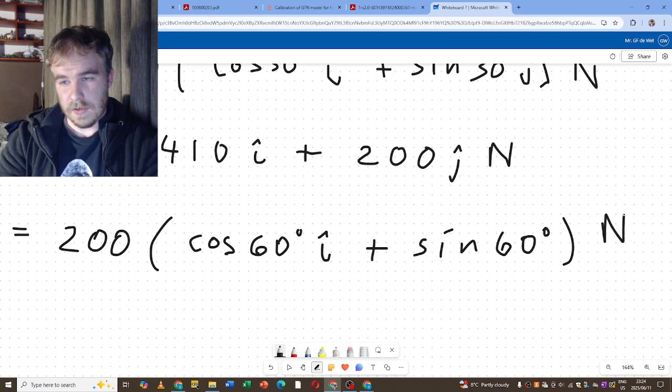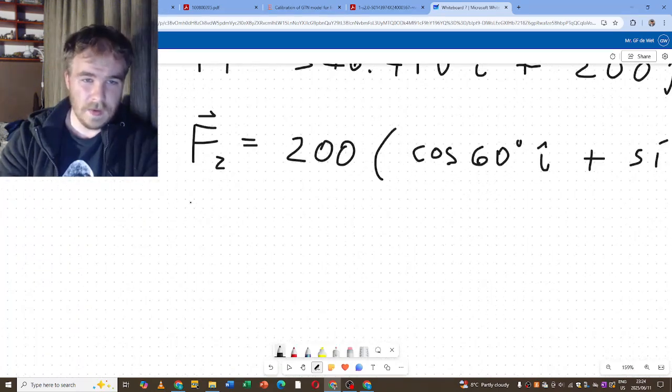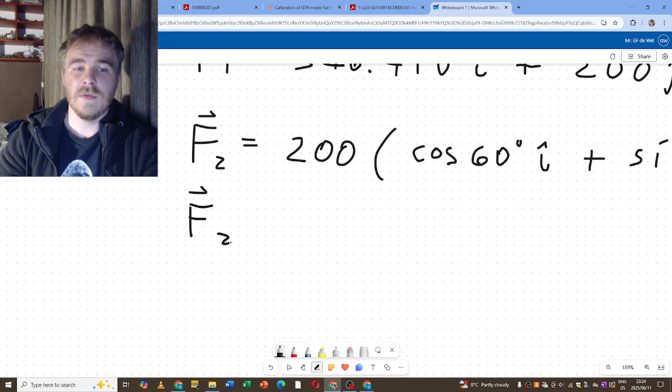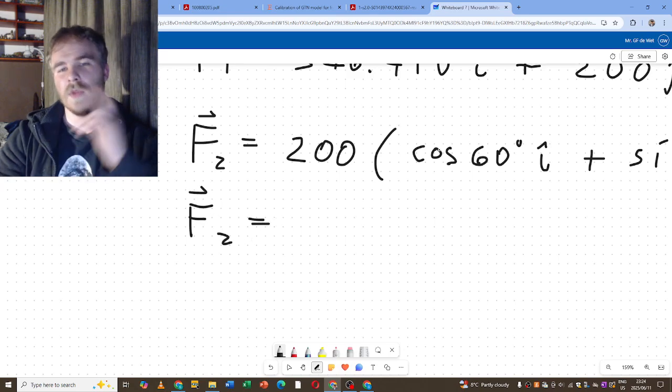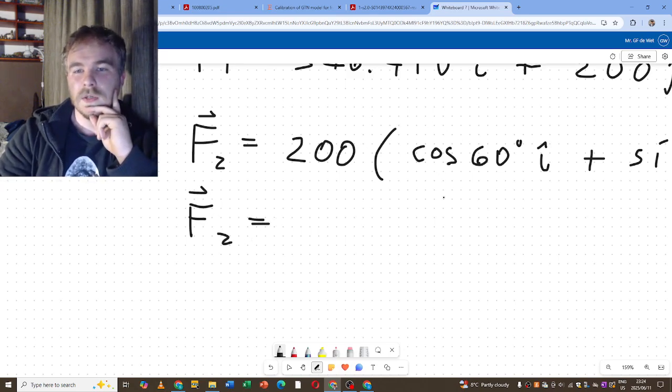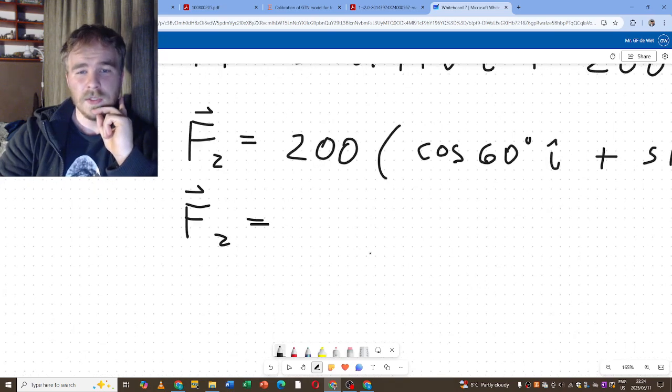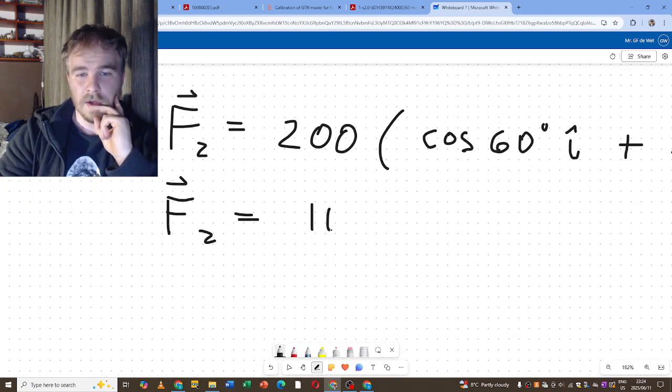This is again in newtons. Now, F2 is then equal to, let's see, cos 60, that is exactly the same as sine 30, so this is going to be 100 in the I direction,